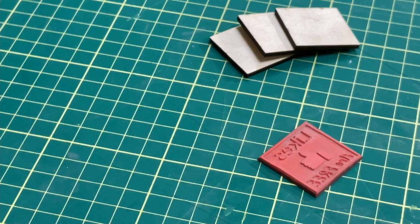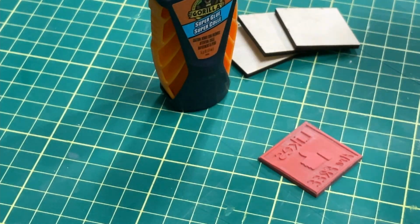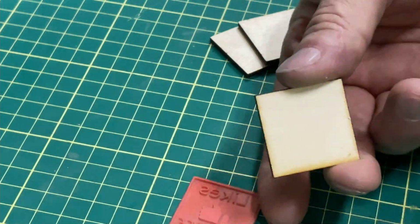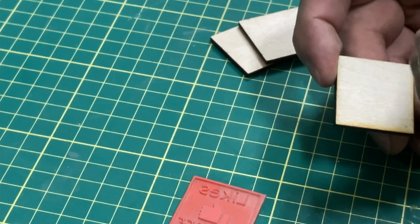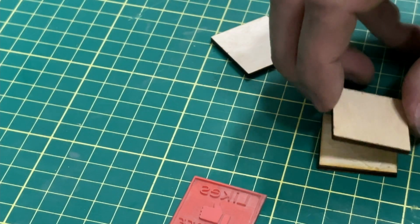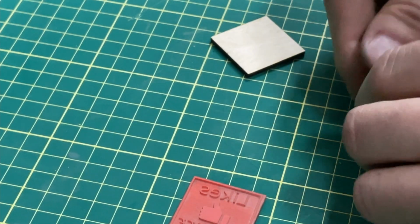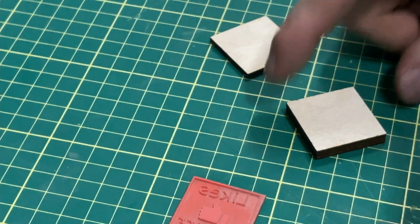So now let's put the finishing touches on this. We have our stamp. We have these three squares that I cut out, which are the same size as the stamp. And we're just going to need a bit of super glue. So all I did, you could certainly build a nicer handle for these if you wanted to. You could either 3D print it or just make it out of material. But I just glued these three pieces of Baltic birch together, and